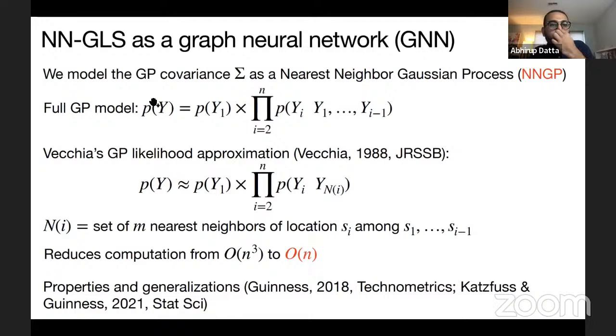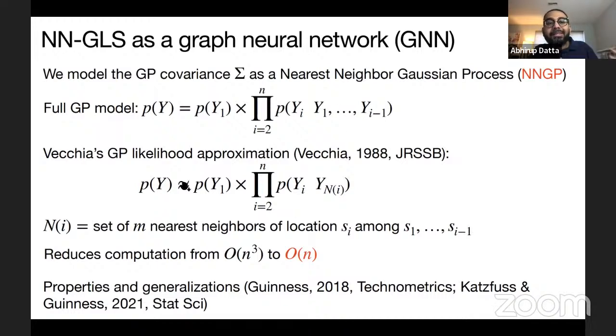To illustrate what I mean by NNGP: if we know the full Gaussian process model, we can write down the likelihood of y as a product of these conditional likelihoods. Yi, there should be a conditioning sign here. I don't know why it's not showing up. Yi given y1 up to yi minus 1.